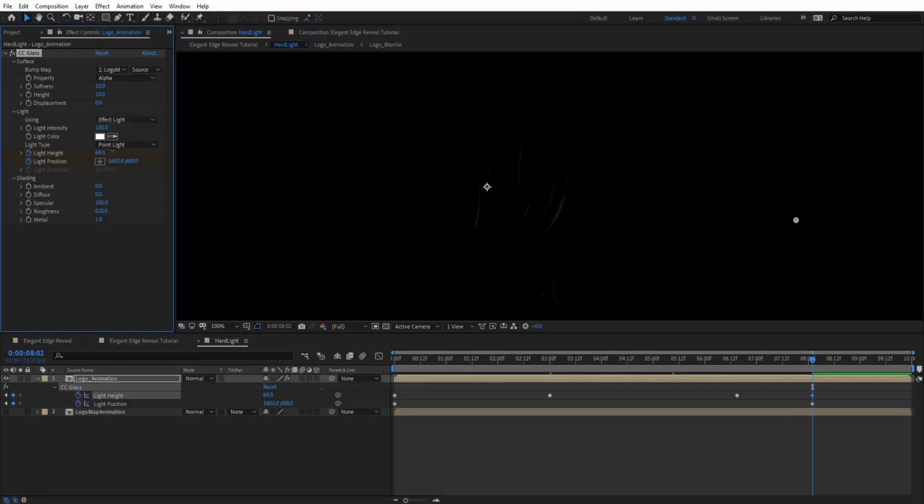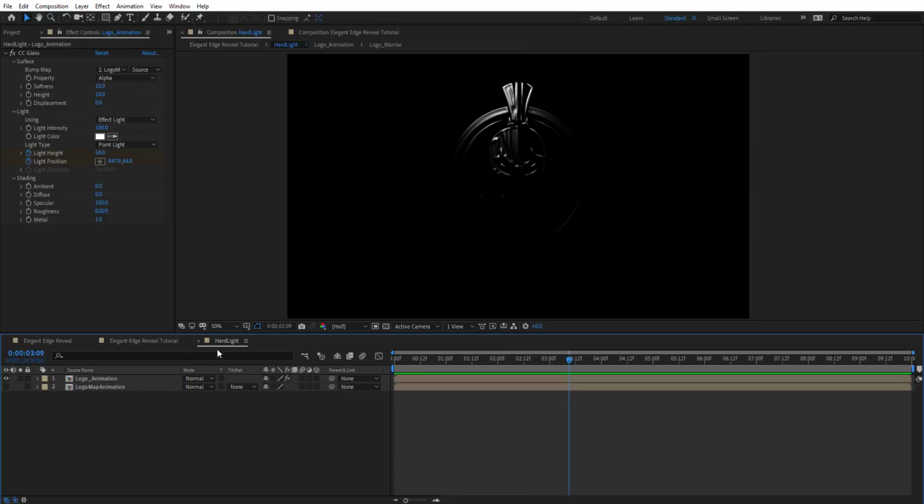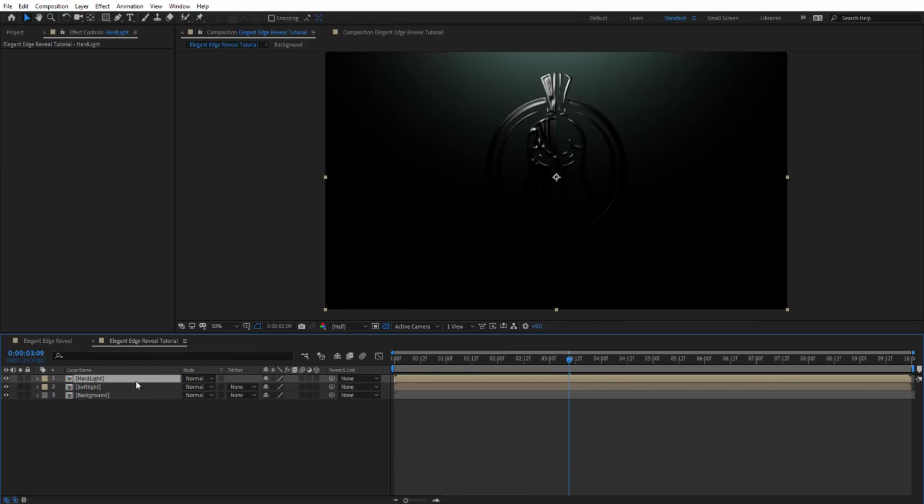And we're going to do a few adjustments to the light height and roughness as well. So let's preview and see how this looks like. Well, this is how it looks like. Looks pretty cool. So now we're going to go back to our comp here,